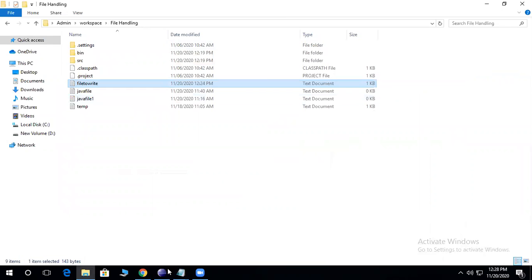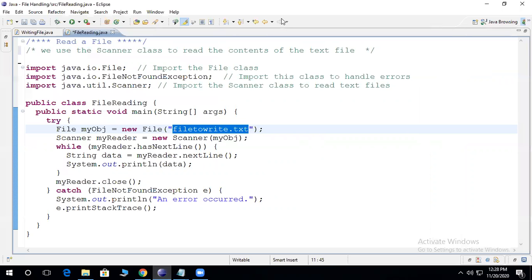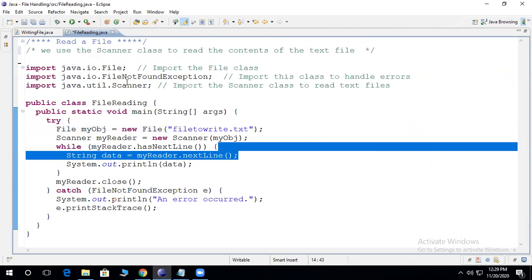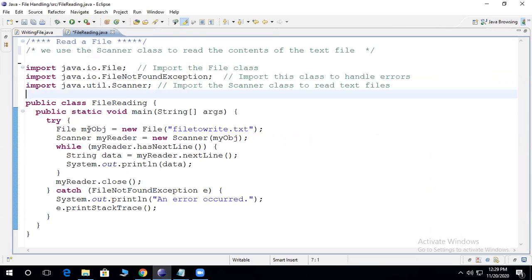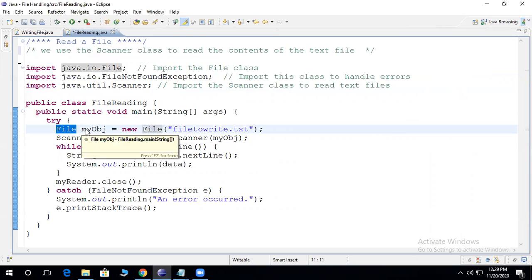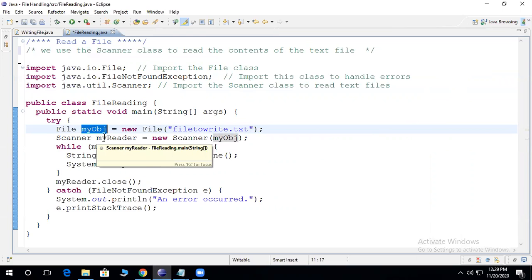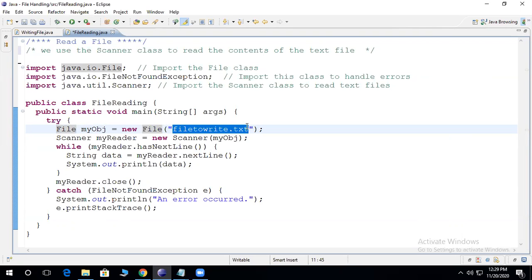Then we will see how to read the file. The file to write file is already there inside the memory, so you can open that already created file with the help of a file object. Here I have created the file object, myObject equal to new File, and in this constructor I have passed the name of the file which I want to open.